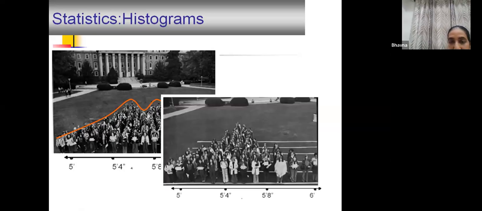Okay. See now, again, we make another group stand from 5 feet to 6 feet. We take all of the heights and then make them stand according to their height. Whenever you draw a line, you see there is a single peak here. And where is the peak? The peak is somewhere between 5'4" and 5'5". This is the peak. I think it is 5'4" here. Okay. This is just a real life example to teach you what exactly is a histogram. It is nothing very difficult. It is done in daily life, but you have to know what is the utility of histogram in biostats.